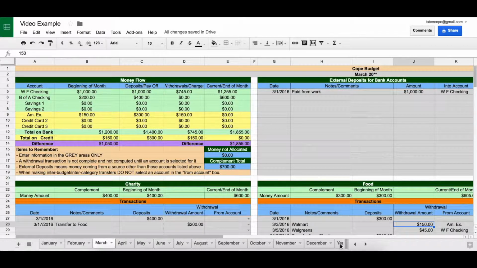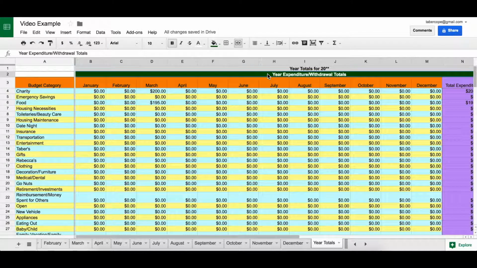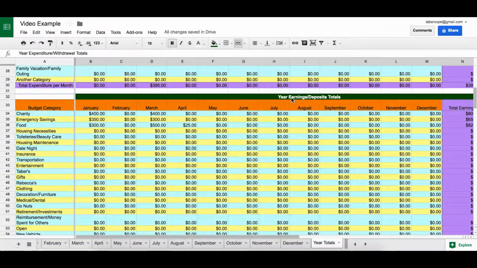Okay, so in my spreadsheet, the last page is one here that's called year's totals. And I want to talk about this page a little bit. On this page, there's two big tables. This top table here, you can see I've got named year expenditures or withdrawals. And as we scroll down, you can see we've got another big table, which is the year's earnings / deposit